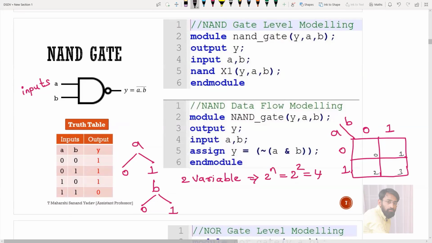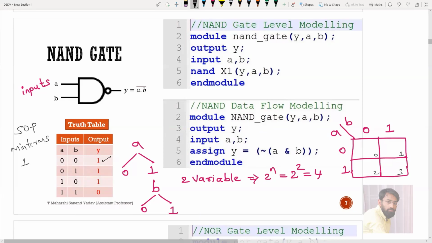Now here I'll follow a concept called SOP, sum of product terms. So here minterms should be taken care of. Sum of minterms means sum of some random terms. Some random example I'm taking, so it should be written like this. This is sum of minterms. This 0, 1, 2 are nothing but minterms. So always make a note that in SOP, a minterm is represented with 1. So here concentrate only on ones.